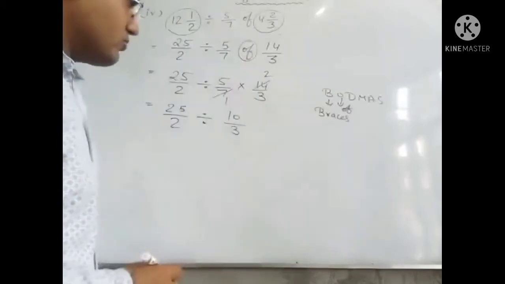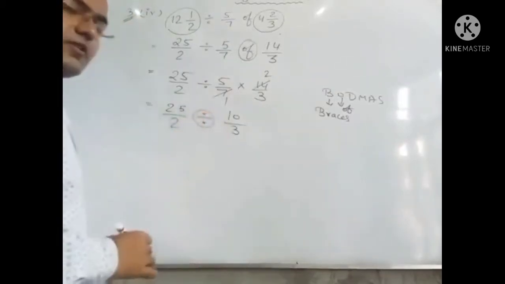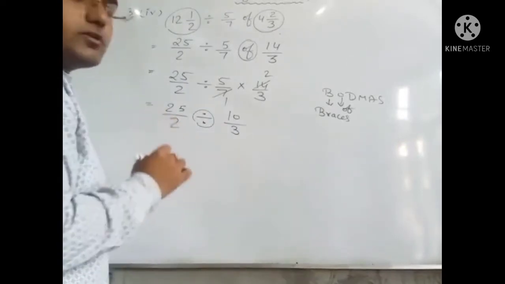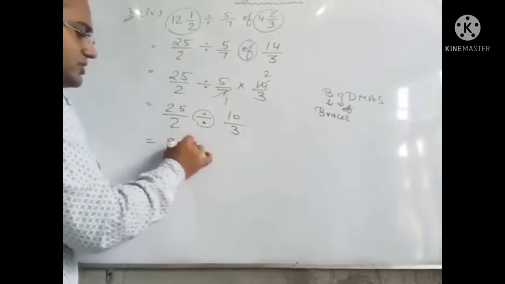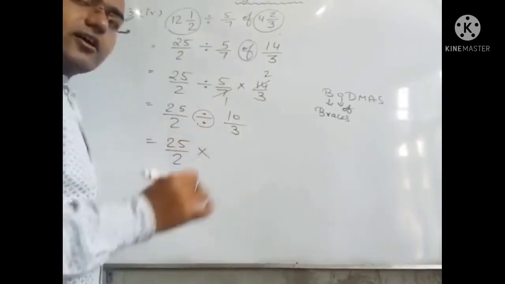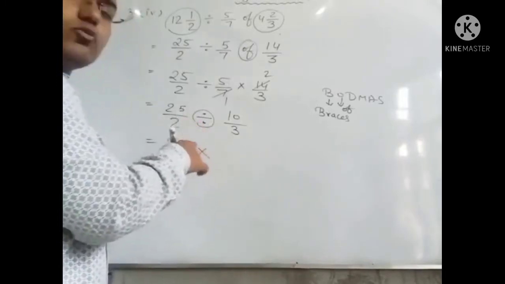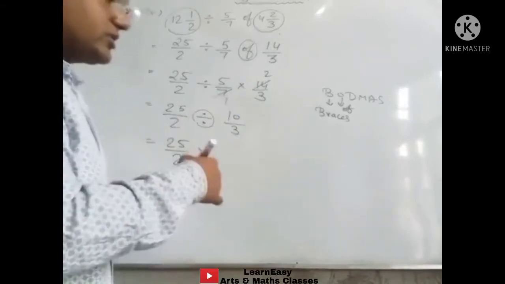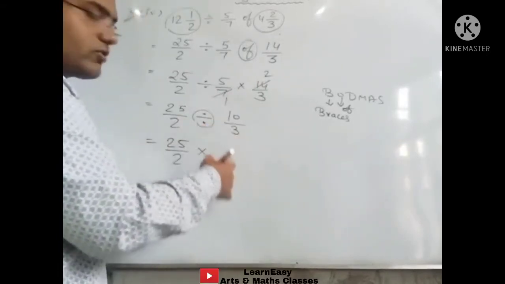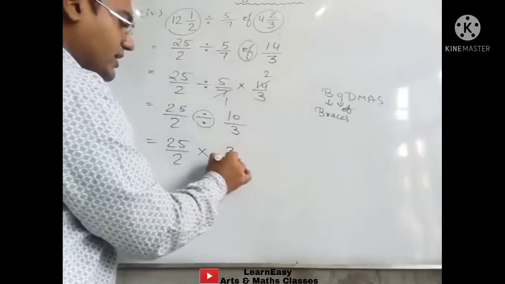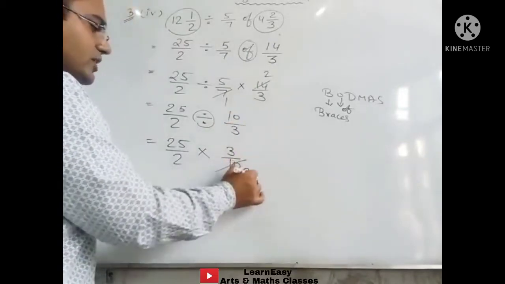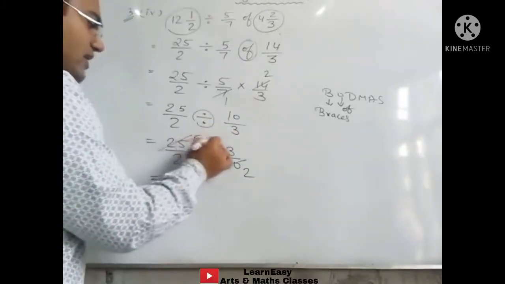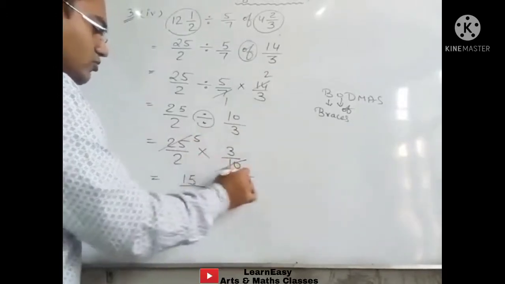Now in the next step what will we do? This divide sign we will convert into multiply sign, as I had explained to you in the first part of this question. This divide sign we will change into multiply, and the rule is that whenever we change the divide into multiply, the right side fraction we have to take the reciprocal. We have to change it, we have to invert it. Its reciprocal will be: 10/3 means we will write here 3/10. 5 2s are 10, 5 5s are 25. Now on multiplying these two, we will get 5 3s are 15 upon 2 2s are 4.